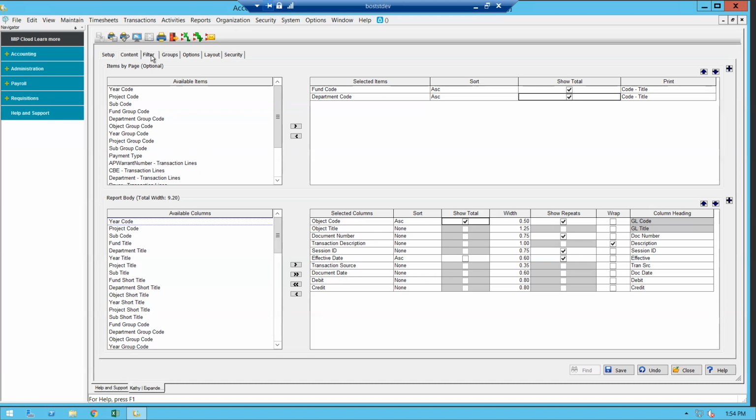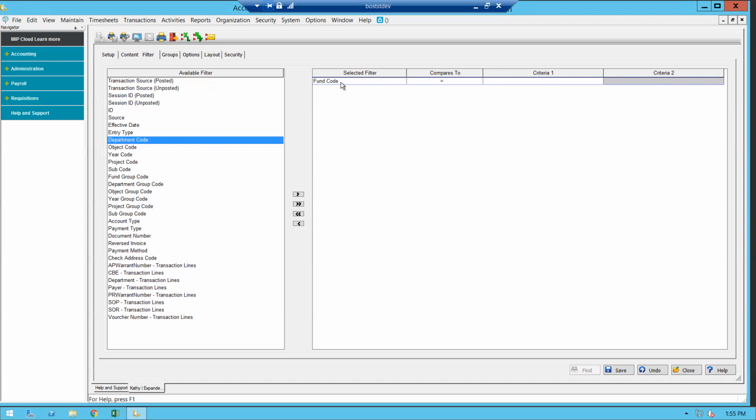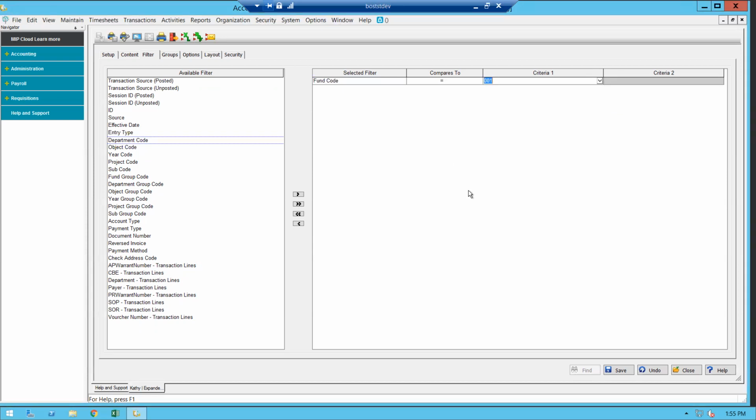Now, speeding along, let me tell you a couple more things. On the filter tab of this report, upper left, right now without a filter, this would look at the entire accounting system and give me a report on the whole system. But if I wanted to report on just my fund, maybe the general fund, same concept: I'm selecting the fund. I want just Fund 1. And if I go ahead and display that up to the screen,